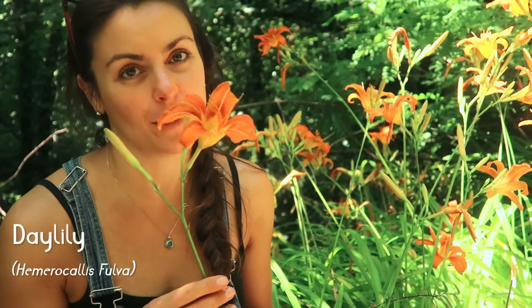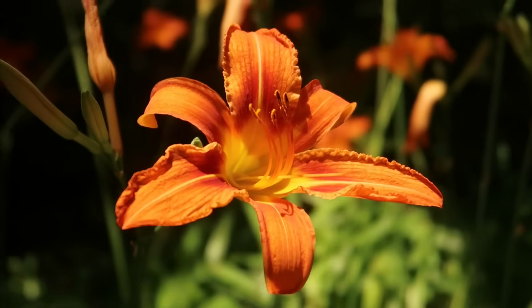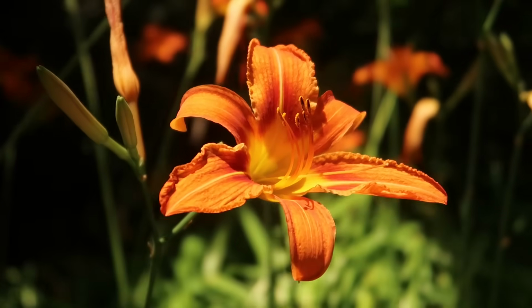The scientific name is Hemerocallis fulva. You're probably familiar with this flower. It's quite common on road edges. And the cool thing about this flower is that it only flowers for one day. This is why it's called daylily. But anyway, this plant is not native. It's actually from Asia, and it is considered invasive in some places, so I won't feel too bad about picking